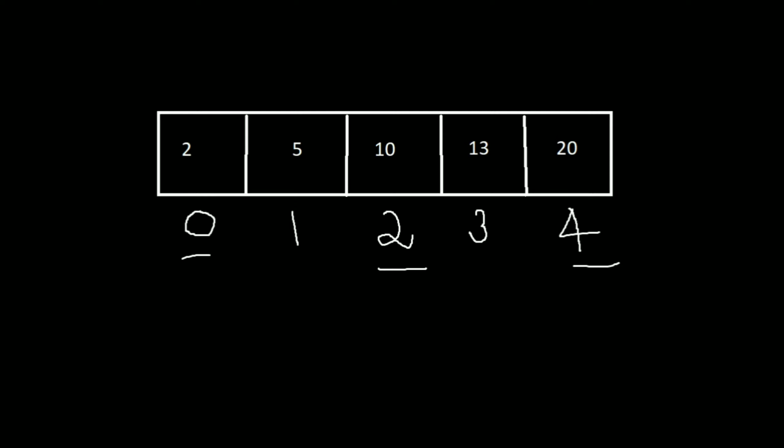Okay, now let's get back to our example. I want to check if 14 belongs to this array or not. After we find the middle index, we automatically come to know the element associated with it. In this case, the number 10 is the element associated with index 2, the middle index. Once we know that, we first have to check whether the number we are looking for and the element at the middle index are the same or not. So we have to check if 10 is equal to 14. Of course it's not equal, right?